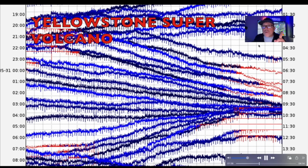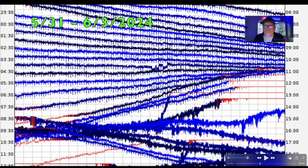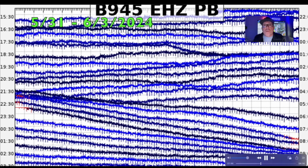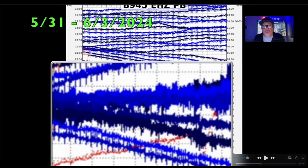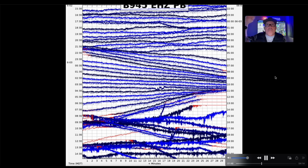And this seismograph here along the northern edge of the caldera has been showing some very wonky signatures since May 31st. These readings are from May 31st through June the 3rd, and these are in the last 12 to 16 hours. Are you serious right now? Looks like the ground is literally going up and down at that seismograph location, once again along the northern edge